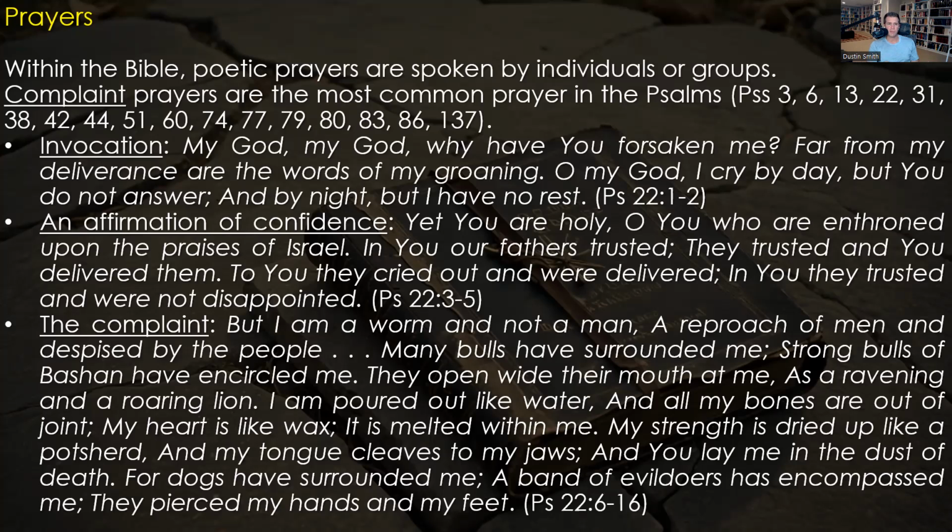Okay. So starting in verse 6, he says, but I am a worm and not a man. That's pretty poetic. A reproach of men and despised by the people. The passage goes on. He says, many bulls have surrounded me. Strong bulls of Bashan have encircled me. They open wide their mouth at me